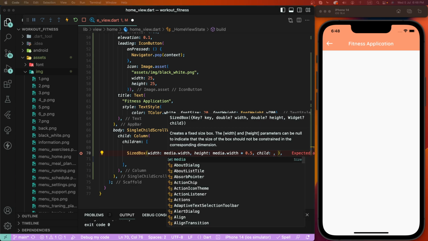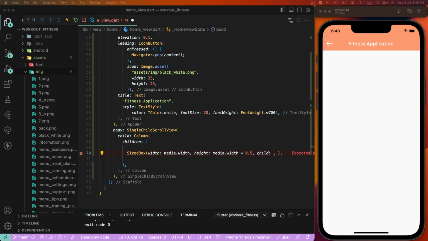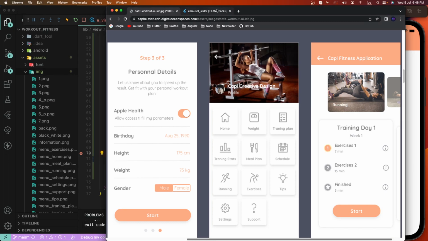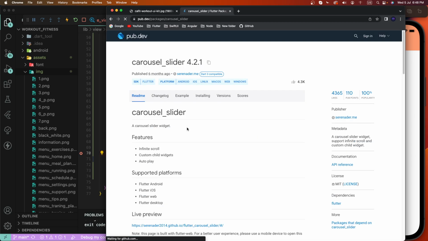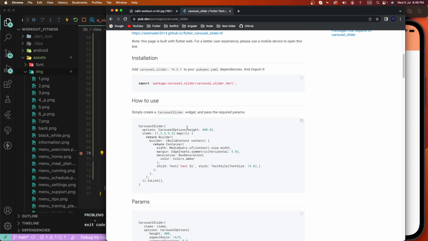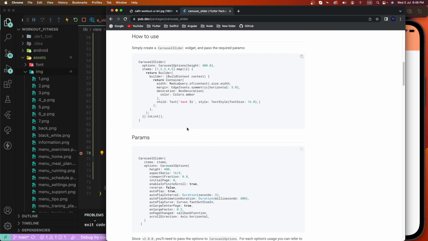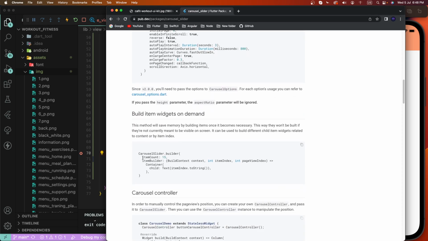First of all, write down here the sliders. Need this example, and need to use this builder class. Copy this,